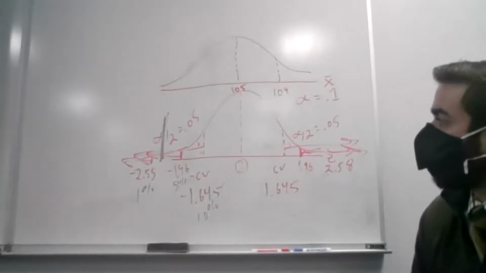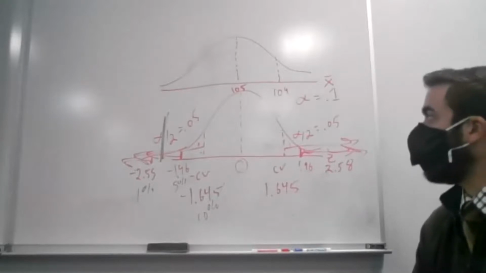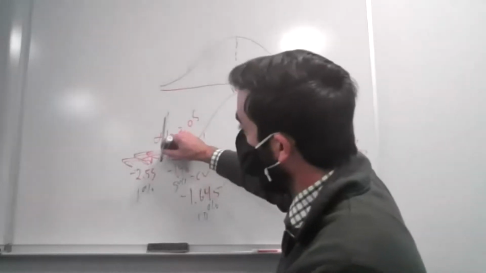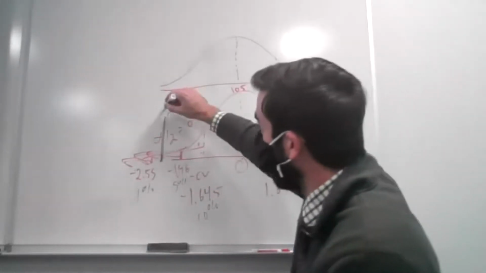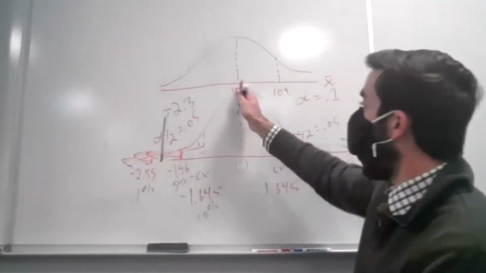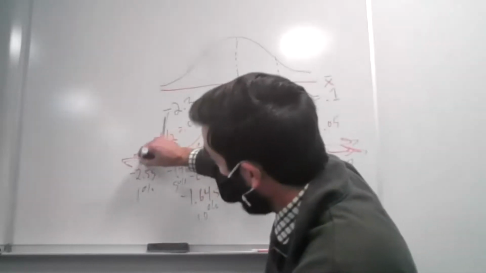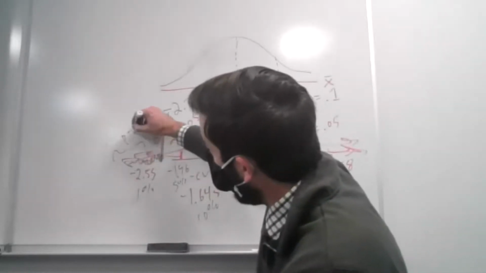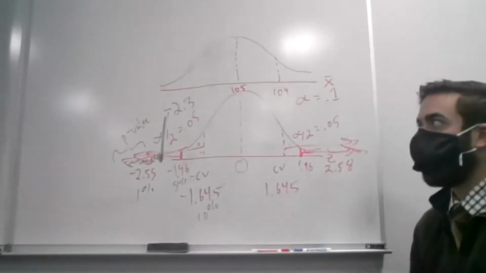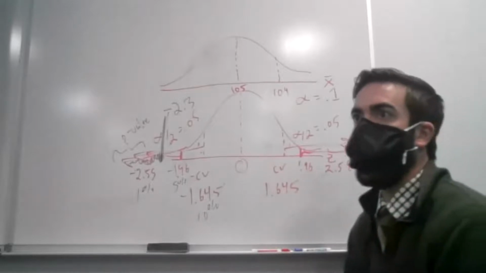If instead I wanted to use the p-value approach, the p-value was the probability I saw the test statistic that I did, which was negative 2.3, or anything further away from that assumed true value. So this shaded black area is my p-value. But remember, we had a two-tailed test, so what am I forgetting here? That area is not my p-value. It's only